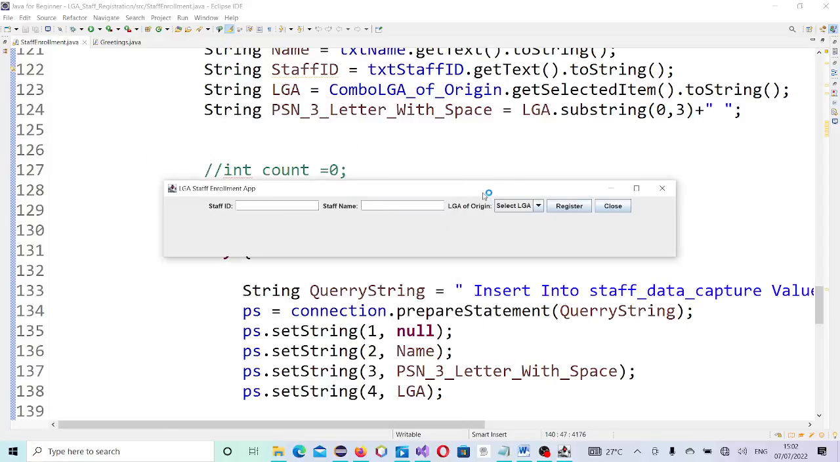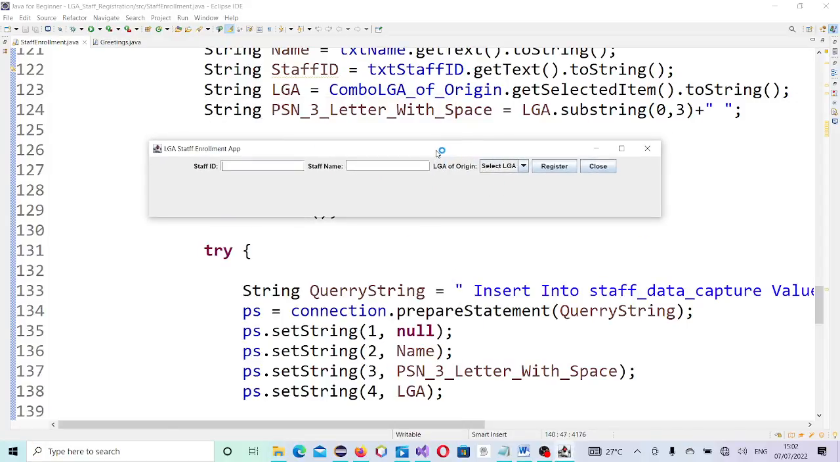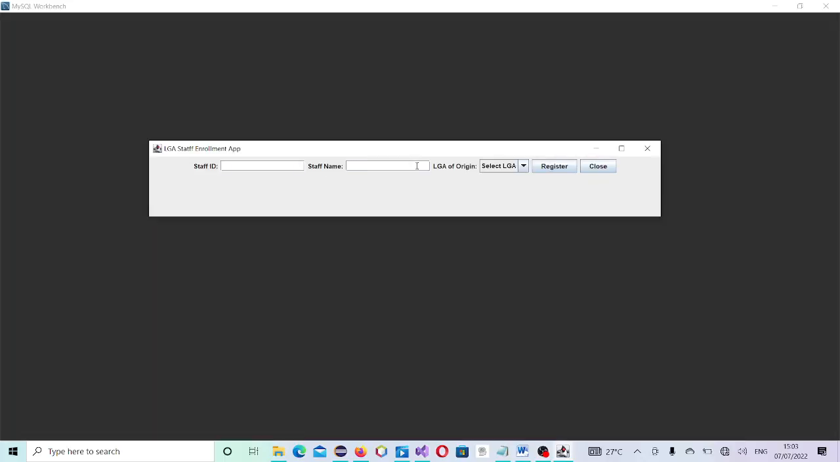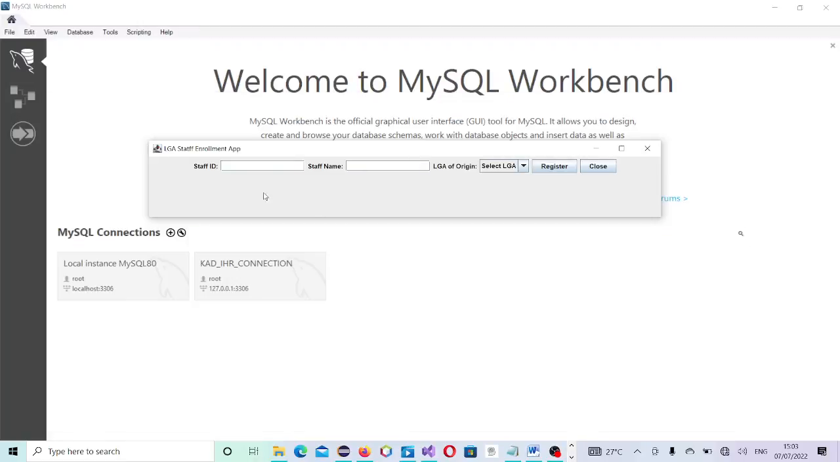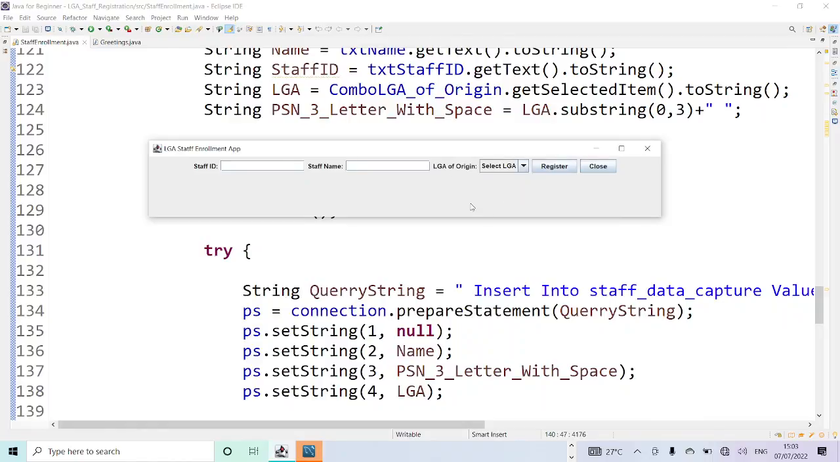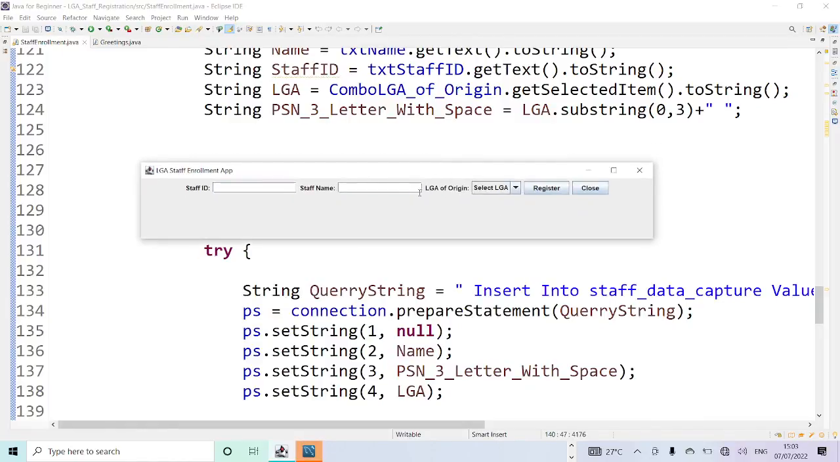So this is the program we have developed, and the aim is to create a data capture for local government staff. So now, if a name is written here, let's say for example if you write